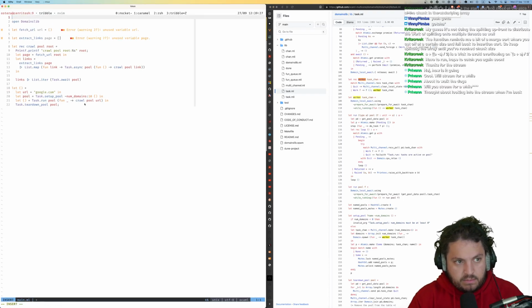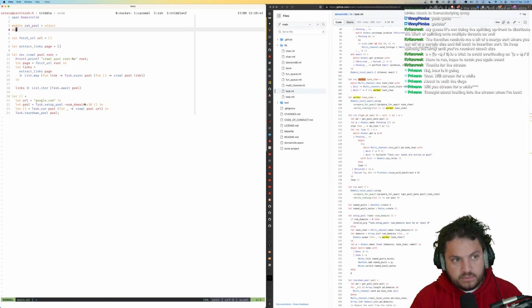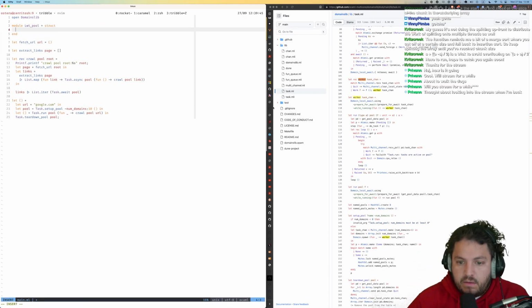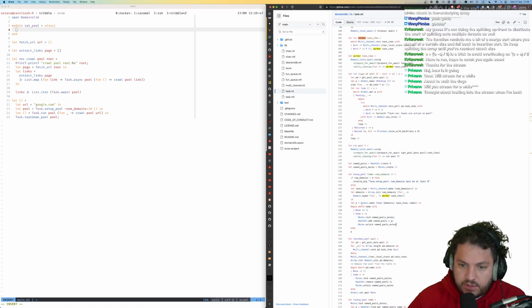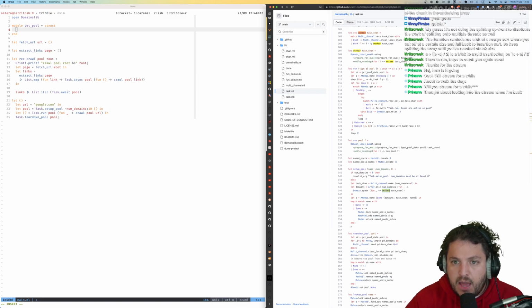Okay, so you know what? How hard can it be? Module Async. Actually, async means something here. So let's do LWT pool. And we want to be able to set up the pool, so we'll have something like this. And we'll need a multi-channel also to be able to send stuff. The one thing that we would want to change here is that this has support for multiple named pools, which is maybe not what we want. We would want to